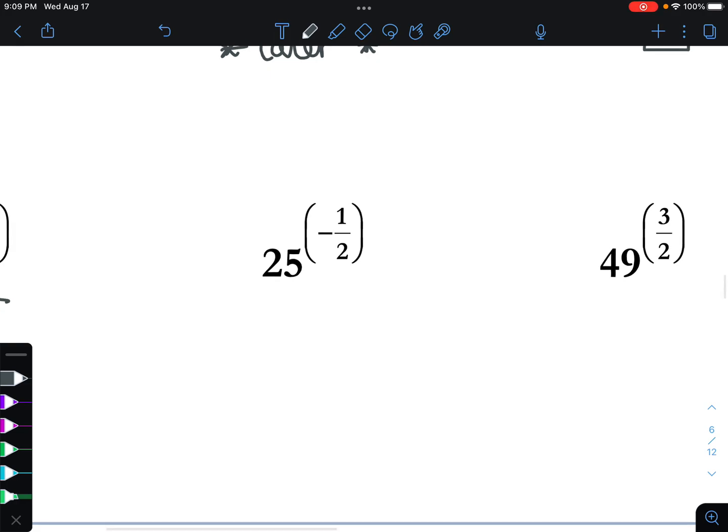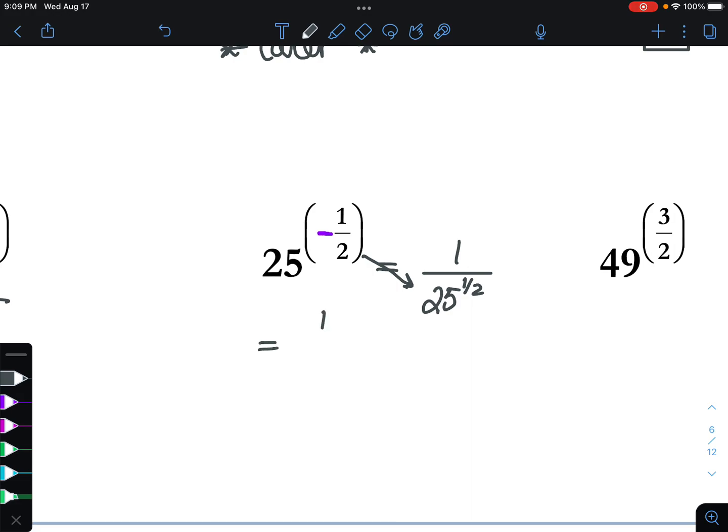25 raised to the -1/2. So this is 1 over our number, but this time what makes it interesting is this negative. Well, we know our properties of exponents tell us that that means the 25 is not happy in the numerator. It wants to go to the denominator. So we're going to cross the line, change the sign of the exponent,